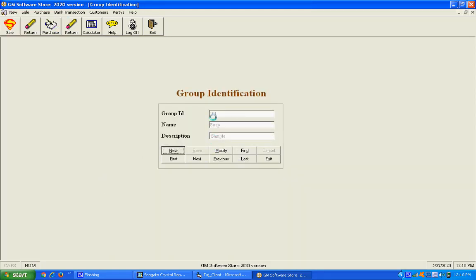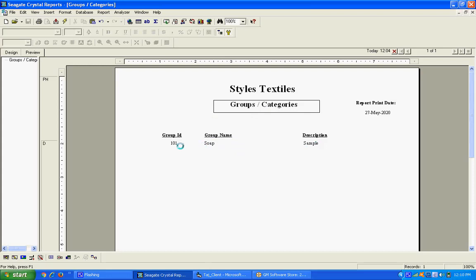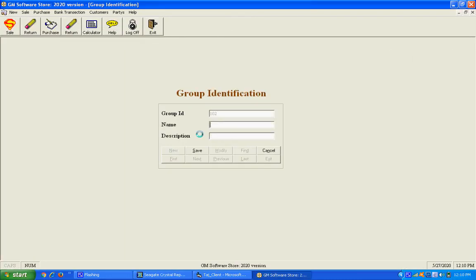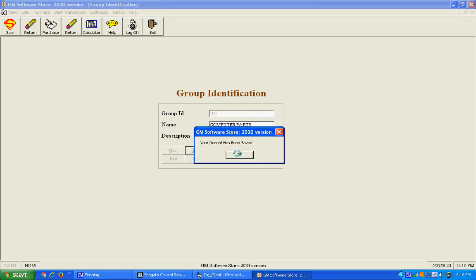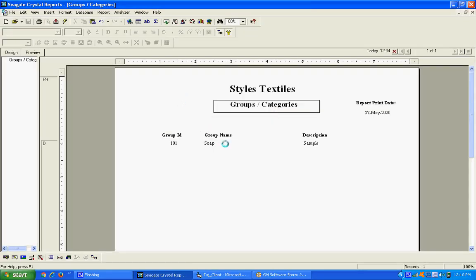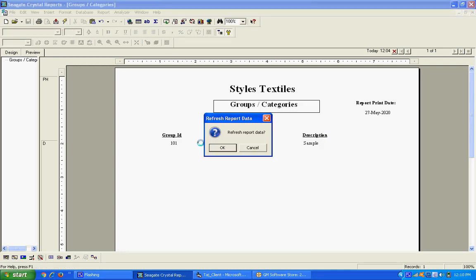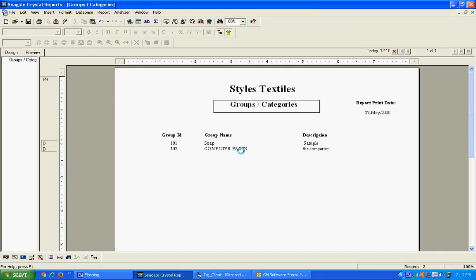The group name already shows 101 and the name is soap and the description is simple. Our report also saves this data. New, add computer parts. Next group name is computer parts for computer. I save the record and check here whether it is updated or not, press the refresh button. Okay, you successfully add this table.